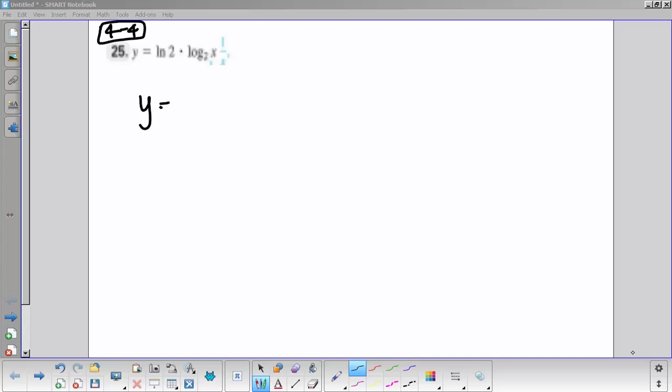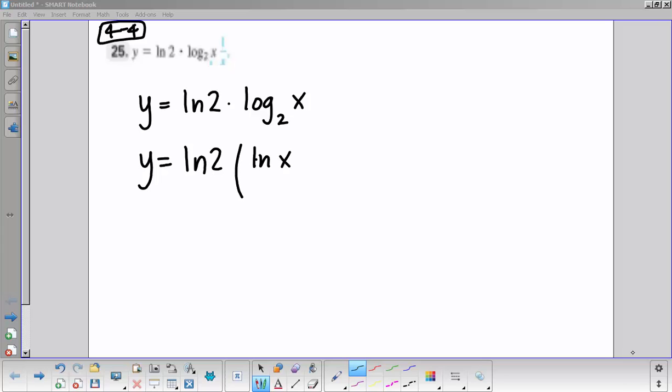All right, so y equals ln of 2 times the log, I'm assuming that's base 2, of x. You have two options here. You can either change the base on this, which is what I am tempted to do, because I don't like taking the derivative of log base anything but e. So I would say ln of 2 times ln of x over ln of 2, right? And then what happens? And then I get y equals the natural log of x, and then I can take the derivative of that, which is